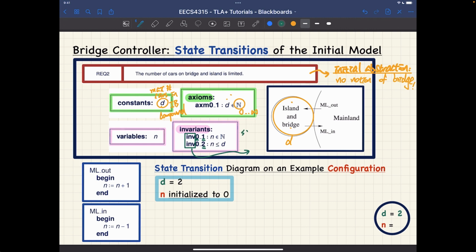So that's the safety invariance that must be true, must be preserved, or must be held in every state. All right. And for the initial model, there are only 2 events, namely either a car will actually go